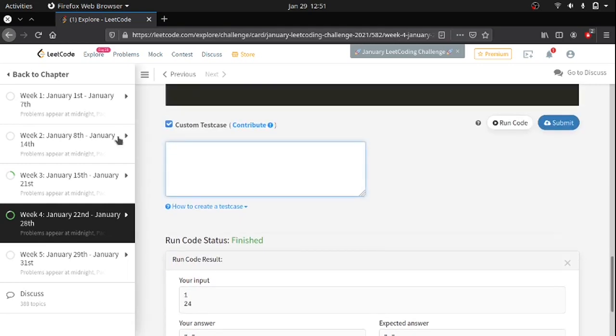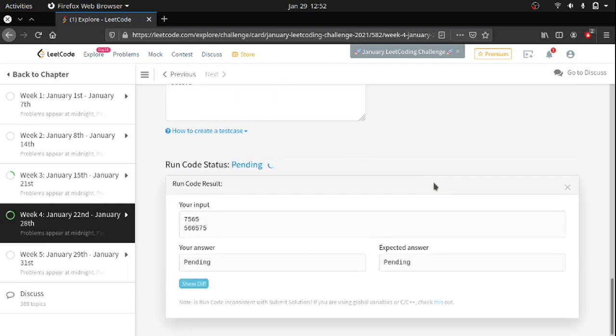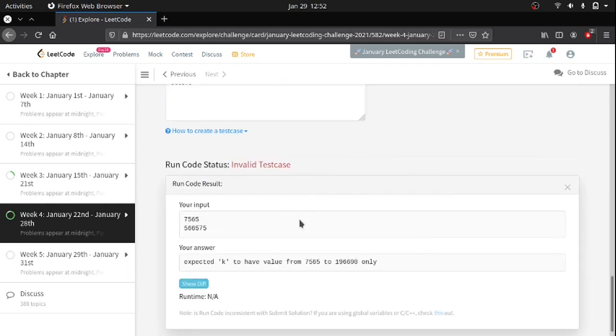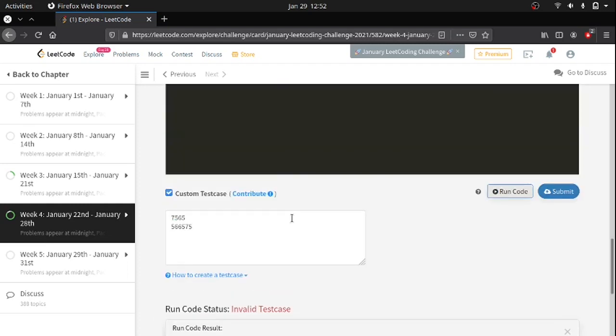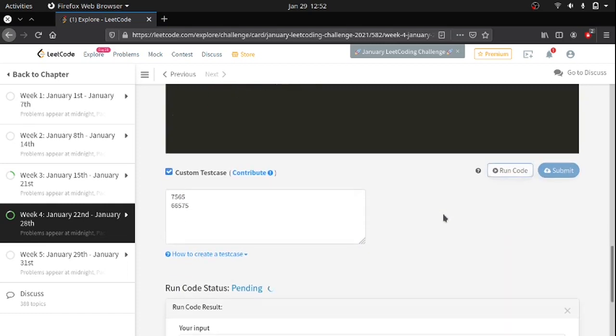Let's say the n value is 65 and the k value, let's say not that much, 75. So if we see the output, that is greater than the required value, it seems.